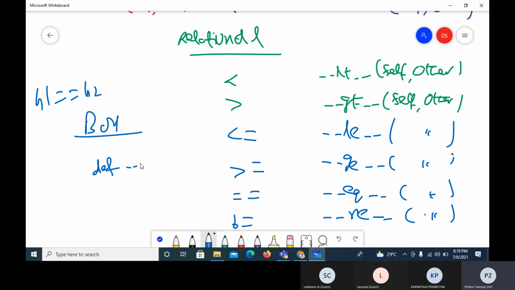So I must define underscore underscore eq underscore underscore, self and other. Now here, what logic you want to use for comparison, whether you want to compare area or length, width, it is up to you. Whatever strategy you want to use, you can use it. So with the help of this, we can make the object